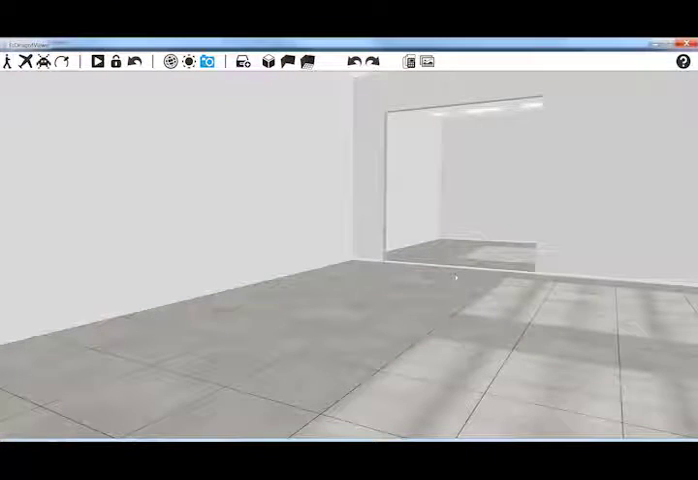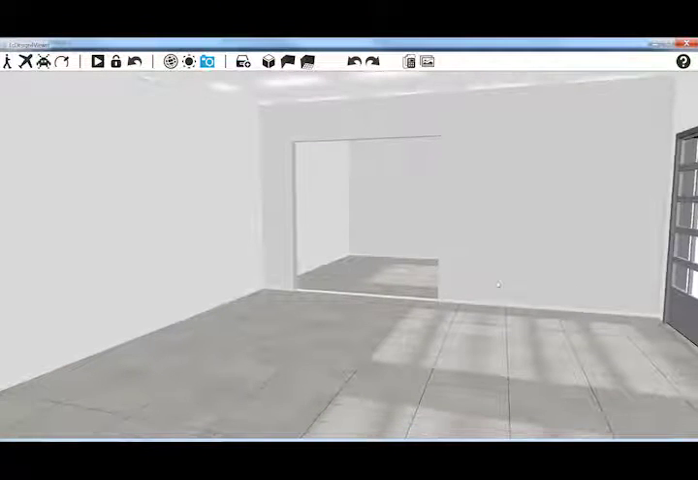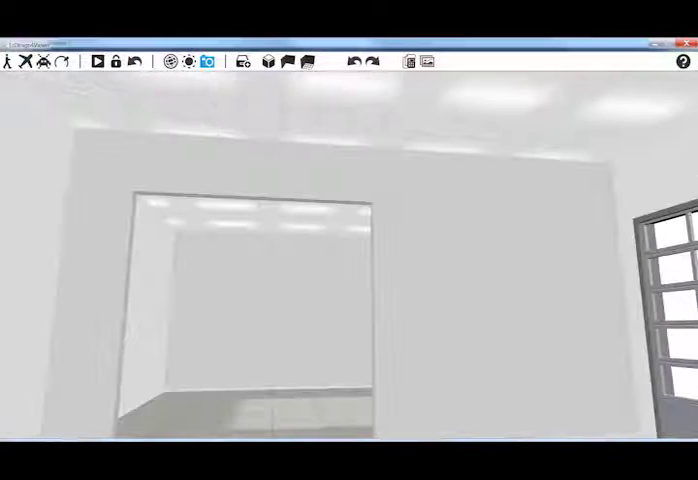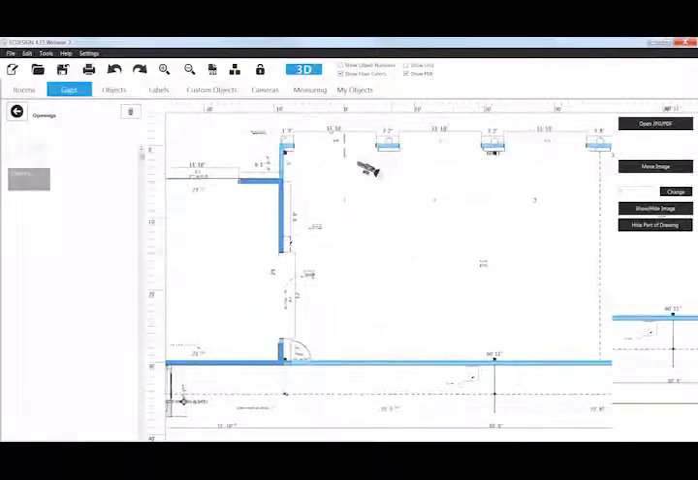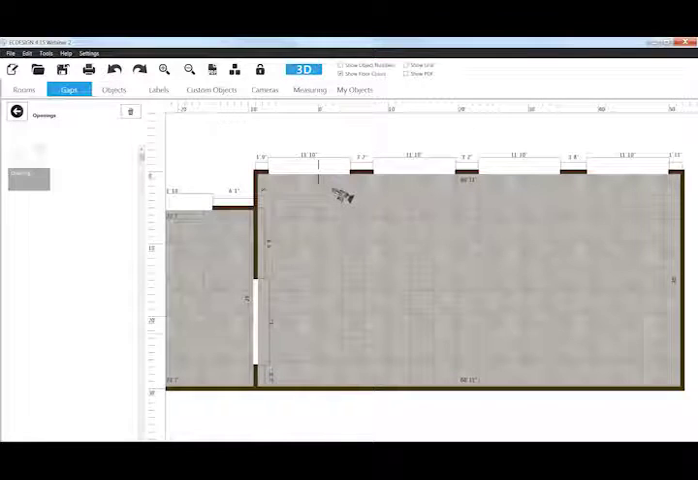To move up, I hit E. To move down, I hit Q. So you can use those things in combination, and you can really fly around in there. All right, I'm going to go ahead and turn off my image again, and I'll show you guys